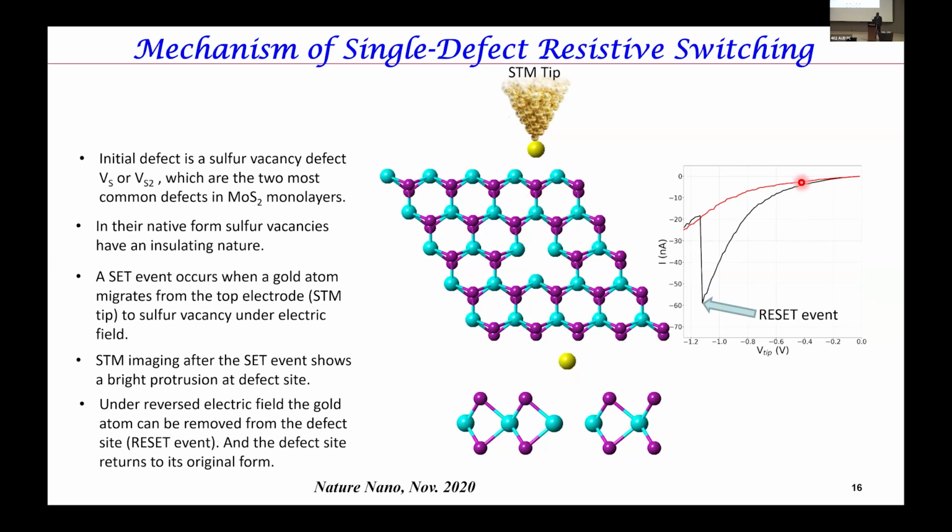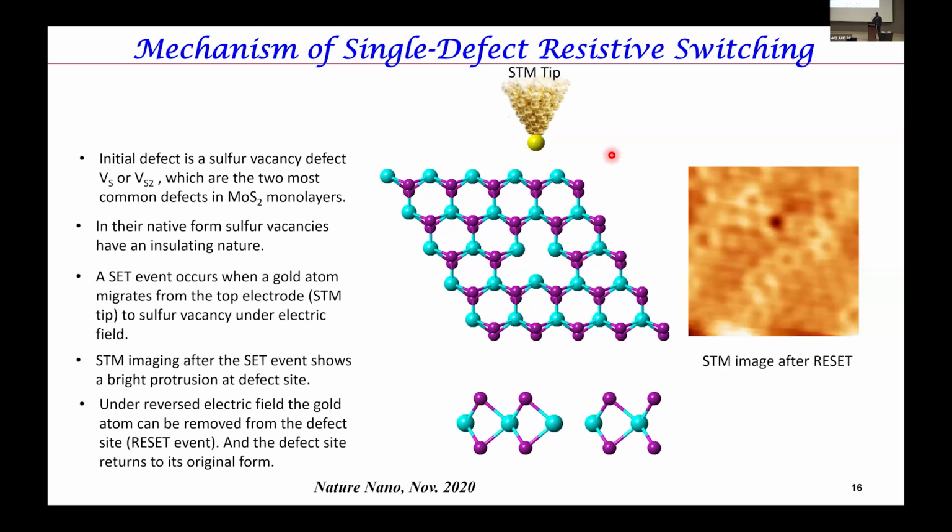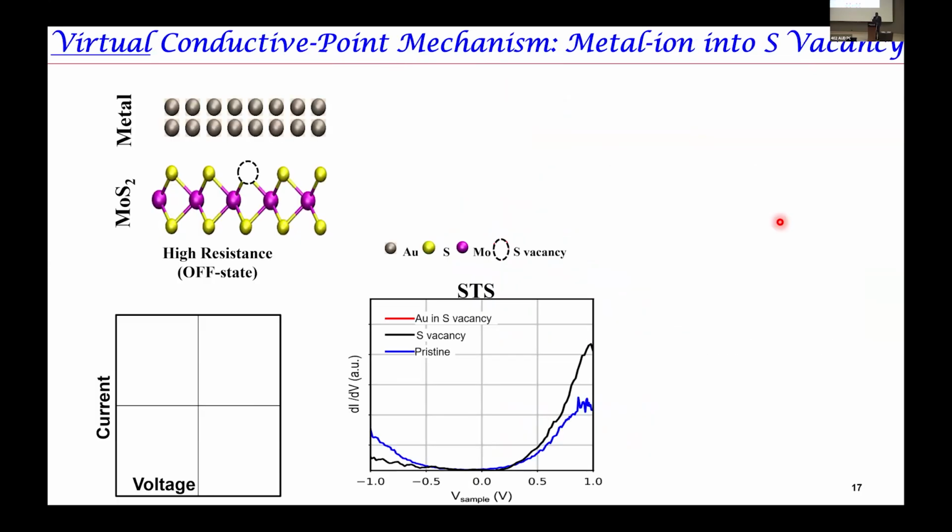So when we apply the opposite electric field now in contact mode in STM, we can go from on to off. And then if our hypothesis is true, the gold atom should dissolve and we should recover the original vacancy. So when we do imaging, indeed, that is exactly what we see. So based on this, we can conclude with this mechanistic picture where you have a missing sulfur atom, a vacancy